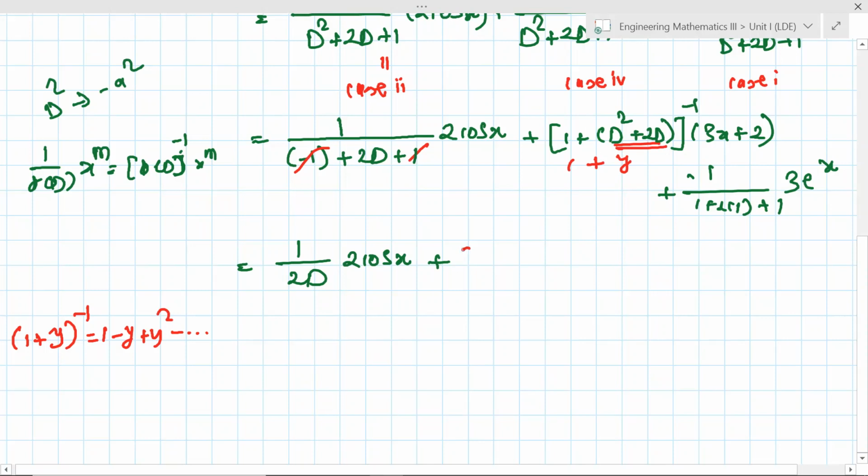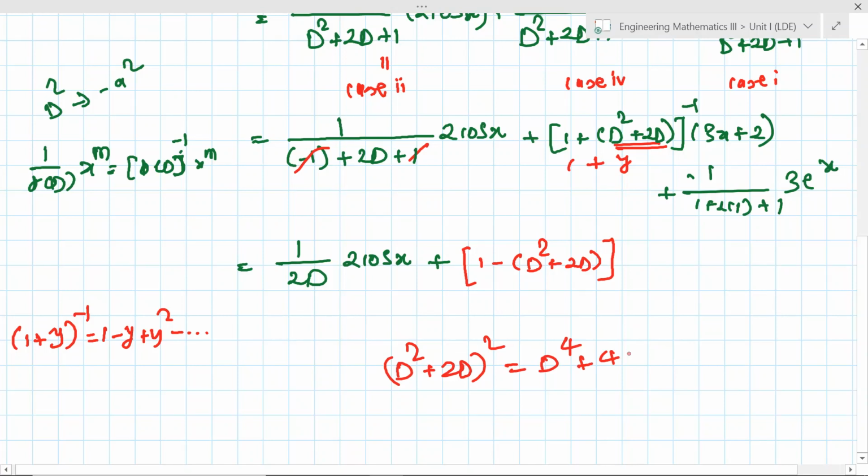Say I just use a different color for this. So 1 minus D square plus 2D. Only these two terms are here. Why only these two terms? Because the next term is (D square plus 2D) bracket square. Its expansion is D raised to 4 plus 4 times D cube plus 4D square, and into